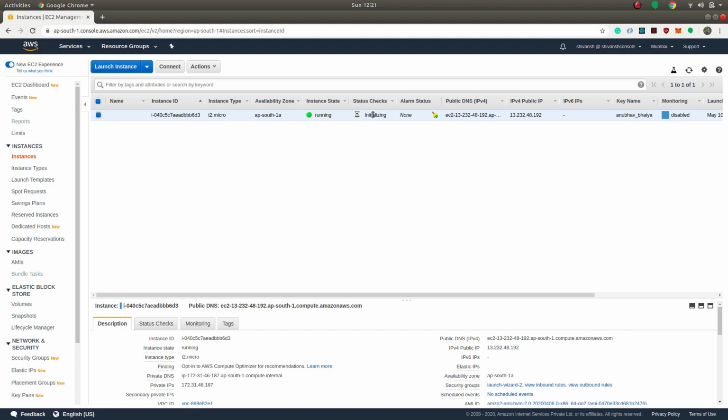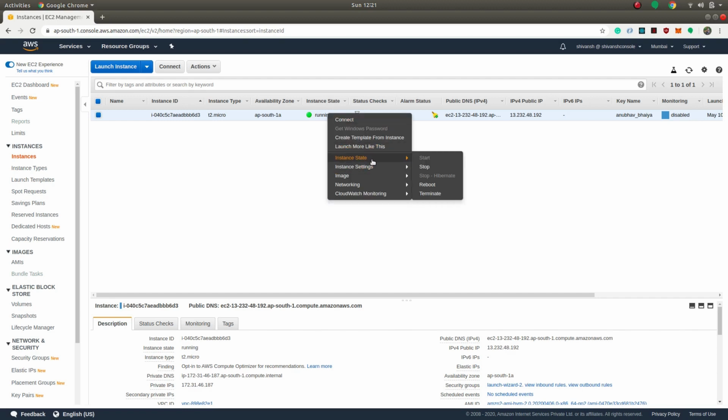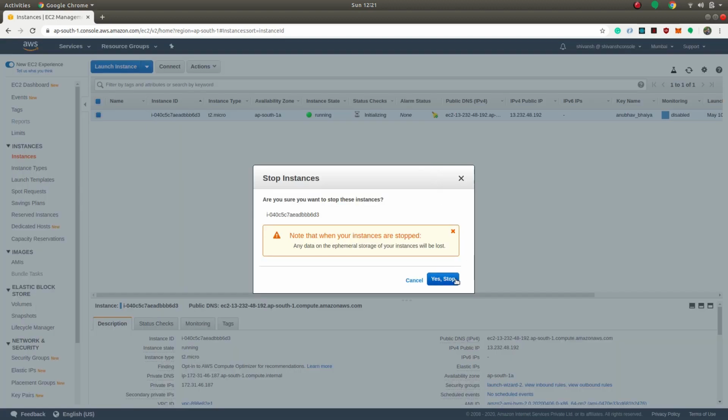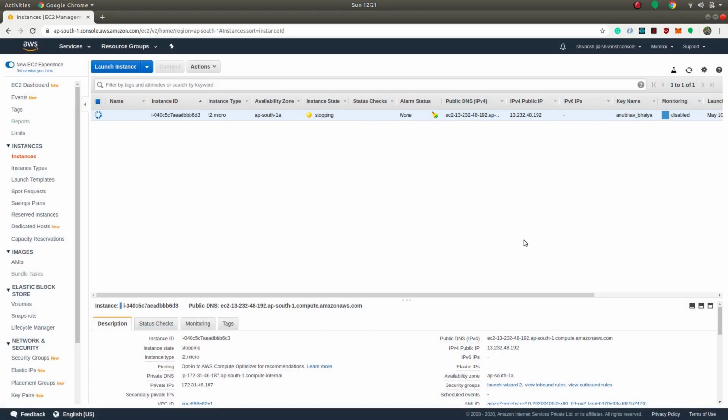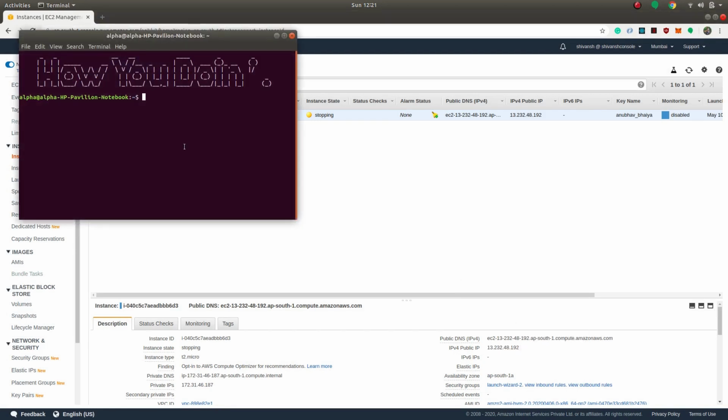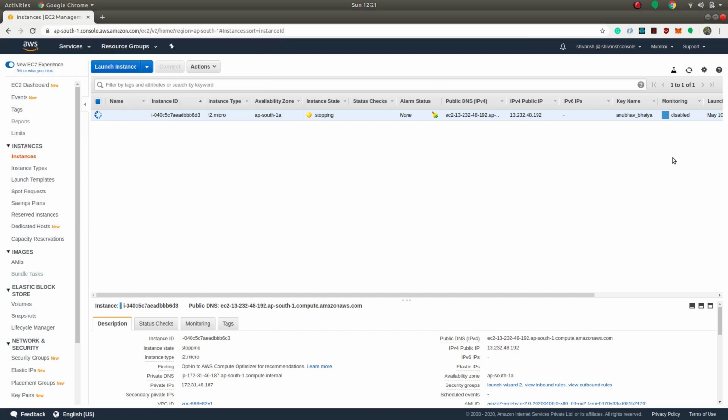But if I change the state of my instance, that is, now my instance is in running state, but if I change the state from running to stop, then you will notice that we will lose this public IP. So in order to compare it, I will first copy this IP and paste it on my terminal. Now as you can see, the instance state is stopping, and if I refresh my page, now the instance state is stopped, and as you can see that we have lost our public IP. So now I will change the instance back to running,